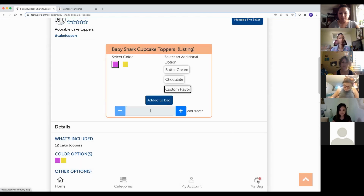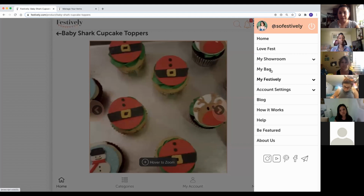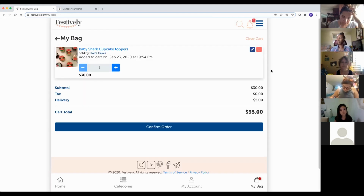Okay, so you can actually access the bag from down here or from the hamburger menu. You click My Bag and you'll see the cupcakes. This is something that I just noticed, Iris, that I have to talk with our developer about, but